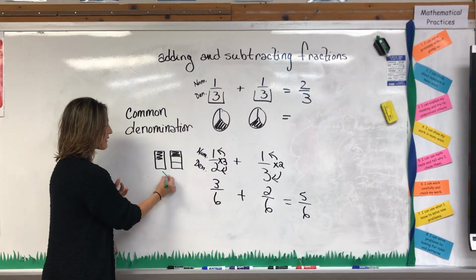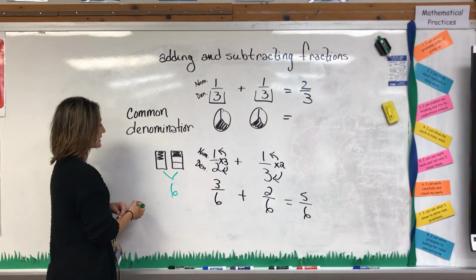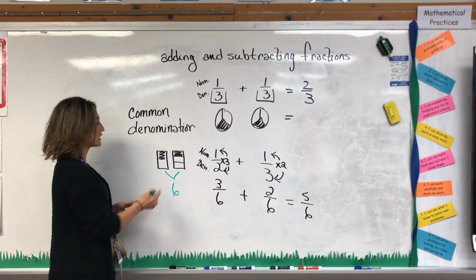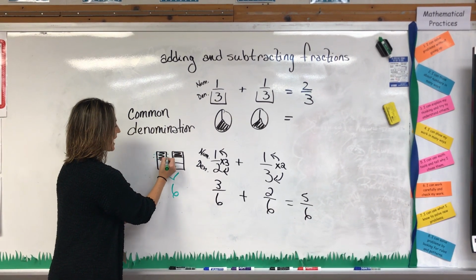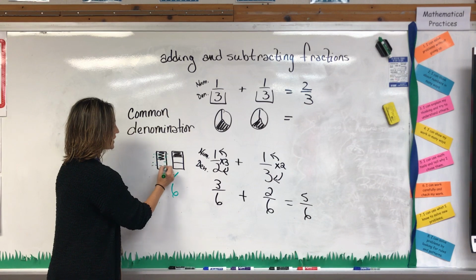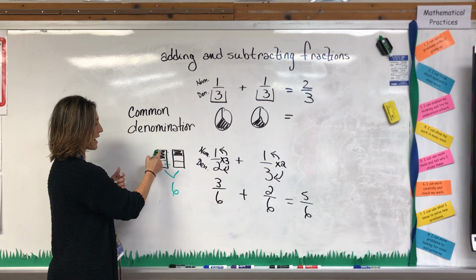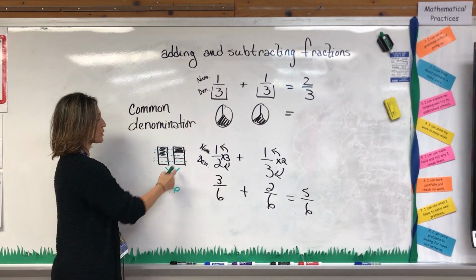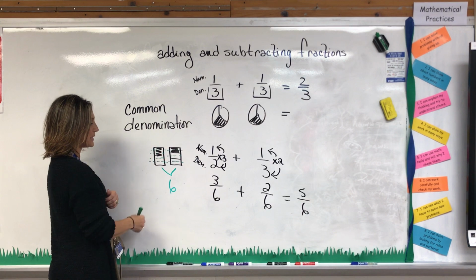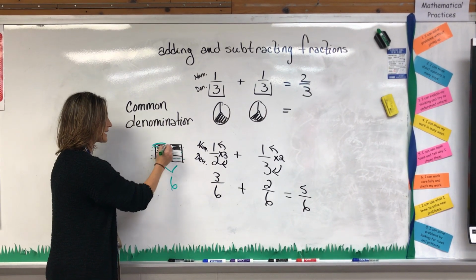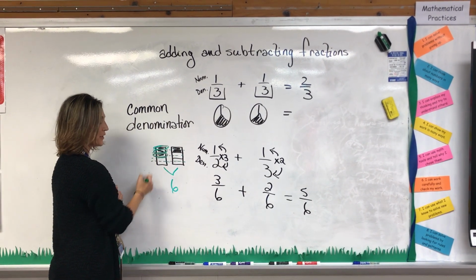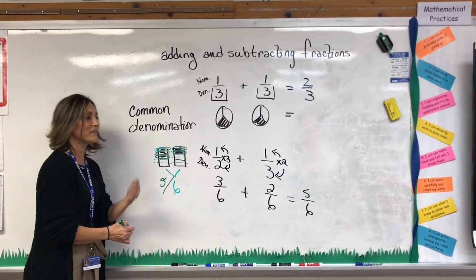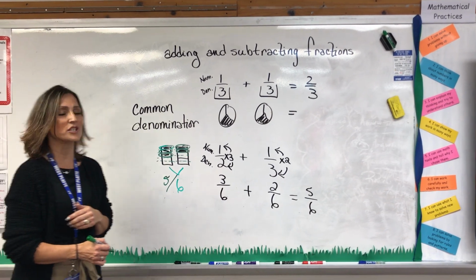And to do that, that's where they find the common denominator of 6. Well, I'm going to split this to where I have 6 parts and split this to where I have 6 parts, which means I will split every half into thirds, which then allows me to have 1, 2, 3, 4, 5, 6 pieces here. I will split every third into halves, which will allow me to have 1, 2, 3, 4, 5, 6 pieces here. And then I can put those pieces together. There's 1, 2, 3, 4, 5 out of the 6, which allows us to have 5/6